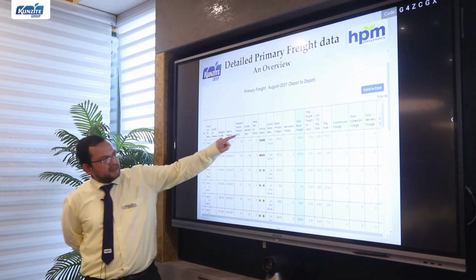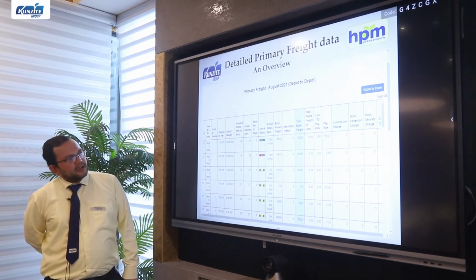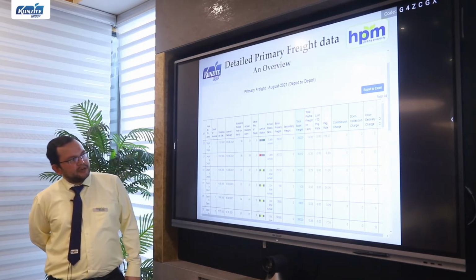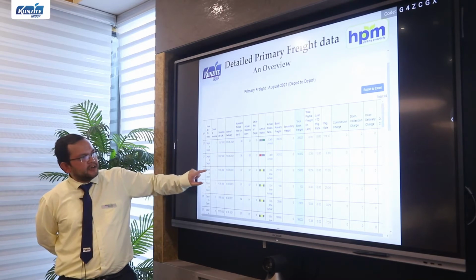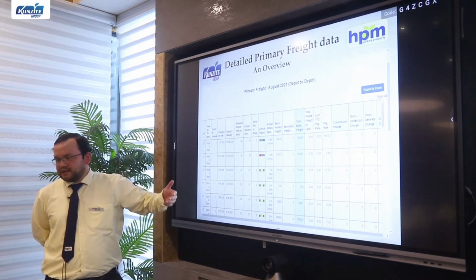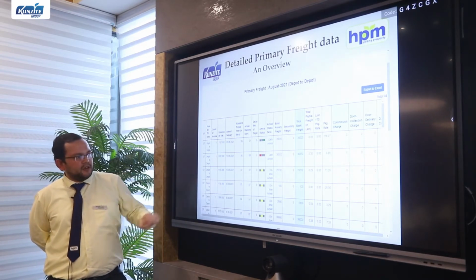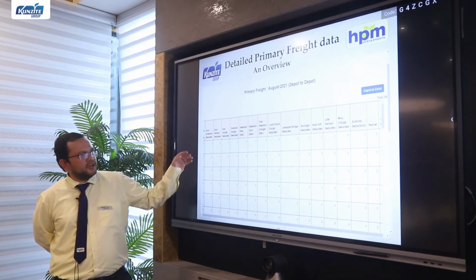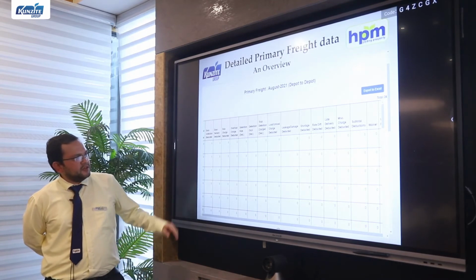The arrival status is shown in color here for convenience, and the freight incurred in that particular consignment is also shown. The freight is further bifurcated into the amount which is claimed by the transporter, and then after the bill comes to our office, if any deduction occurs, then that deduction is also shown in a bifurcated way, as shown here.